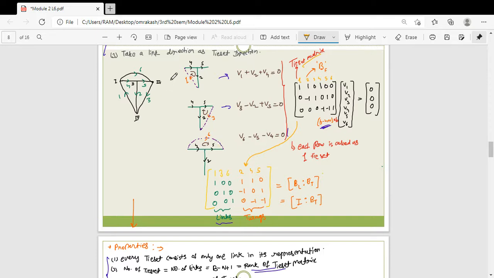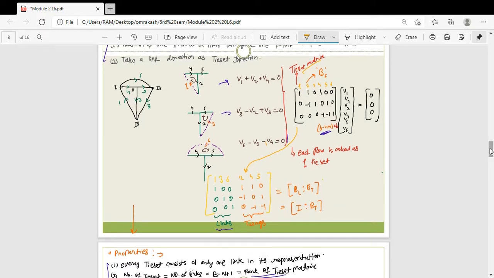If I considered some other tree, then in the KVL equations I write I would write them from the direction of my link, right? And in the same way, when you separate out that equation, you will get the unity matrix, the identity matrix, and the other matrix is written as it is. So you can say this is your B matrix for the links, and the B matrix for the twigs. Okay, so I and B_T. What is the property of that?